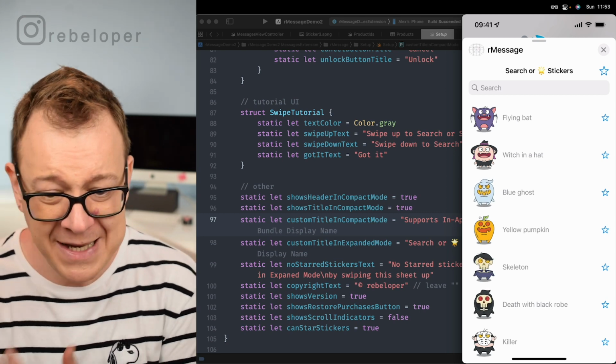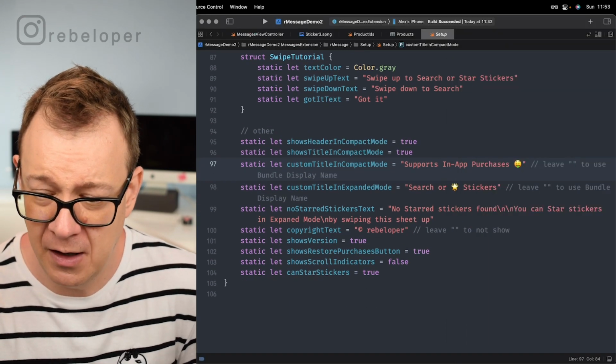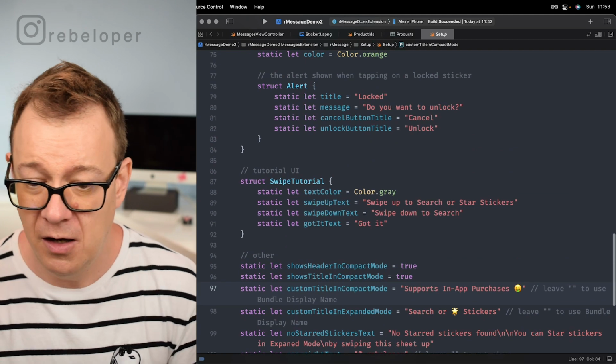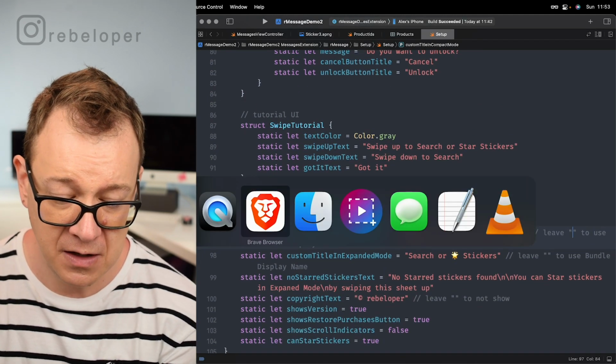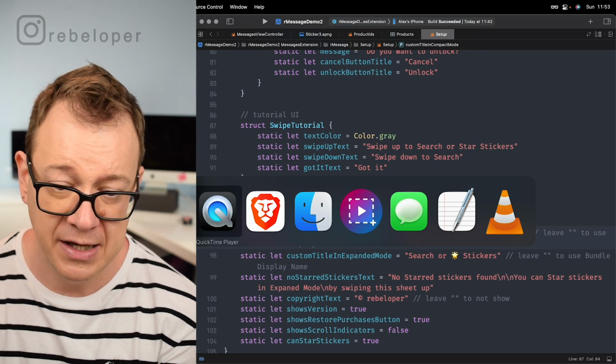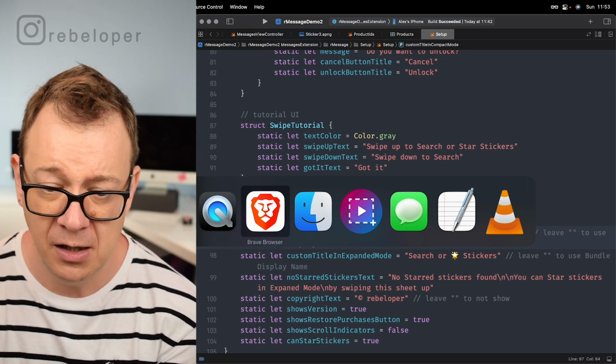Now, basically, that's it for the setup. As you can see, we are all the way at the bottom. Now, this application, so this extension actually can be found at GitHub, at